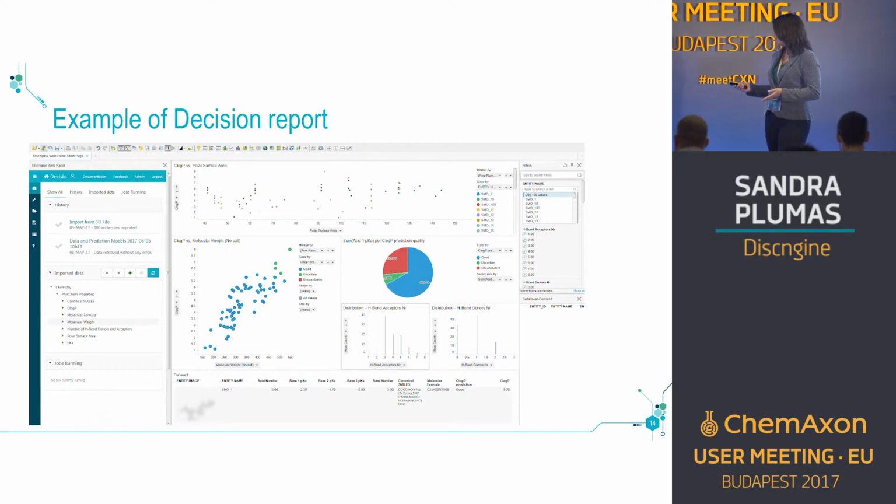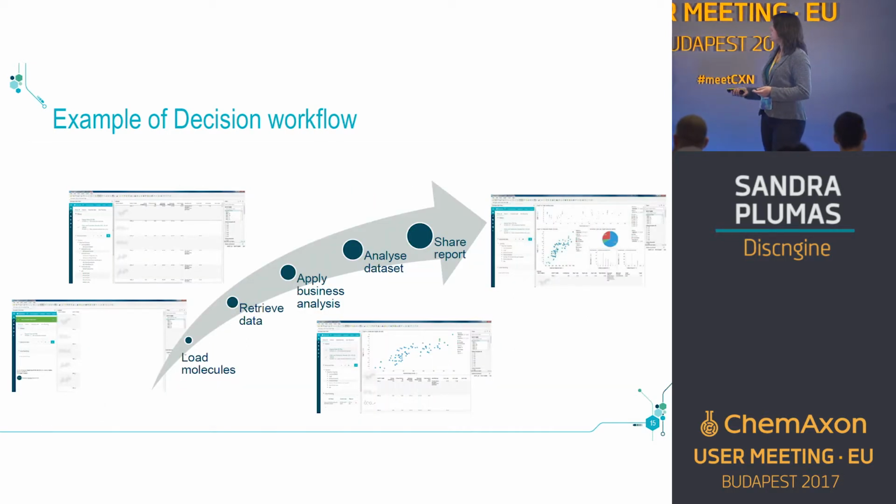So how did we get this kind of report? There are many steps. First, the user can load molecules, for example, from an SD file. So here molecules are added in the reports. Second, they can retrieve data from calculations, for example, ClogP or pKa, or retrieve data from corporate databases. And they can apply business analysis, which adds data and applies specific templates, or analyze the dataset themselves